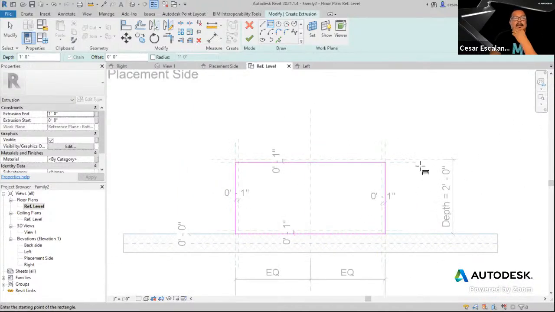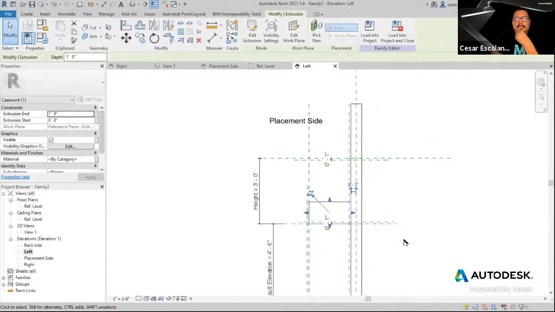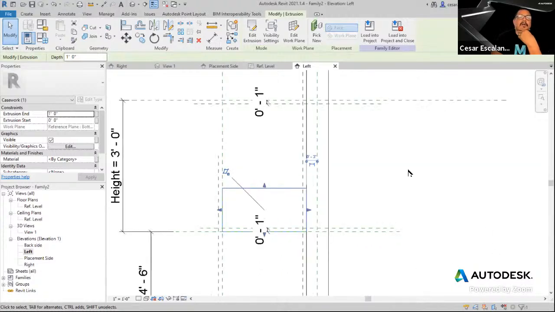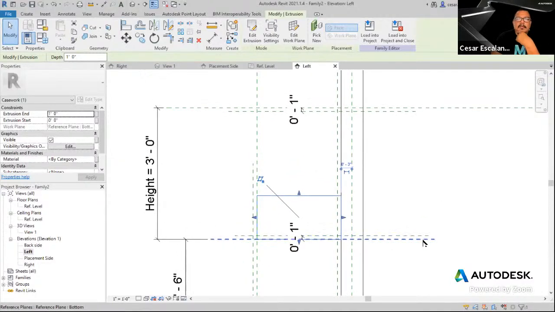I'm going to finish here, and then I'm going to switch to the left view to fix the vertical alignments of this family. So notice how I have the form which correctly snaps in X and Y, but now I need to lock the top and the bottom